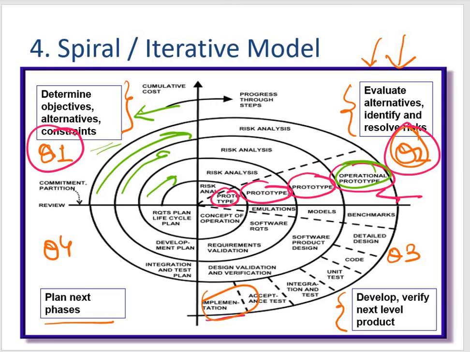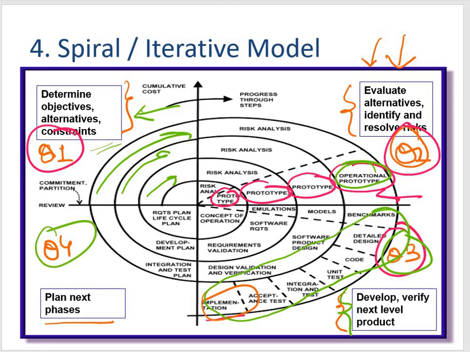Now comes your Q3. In quadrant 3, what we do is we develop and verify the next level project or the next version of the product. During the third quadrant, the identified features, all we did in the previous 2 quadrants, are developed and verified through testing. So you can see the testing is done, right? You see various testings going on. And at the end of this third quadrant, the next version of the software is available.